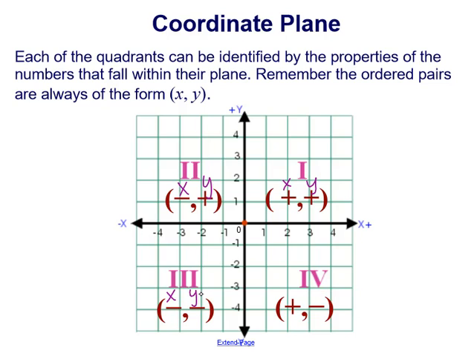And then in quadrant 4, your x is positive and your y is negative. You're moving to the right in the positive direction, but your y values are moving down in the negative direction. So when you're listing ordered pairs, you can remember this trick of plus plus for quadrant 1, minus plus for quadrant 2, minus minus for quadrant 3, and plus minus for quadrant 4, so when you're naming your ordered pairs, you know it has to be those signs. It's a way to check yourself.